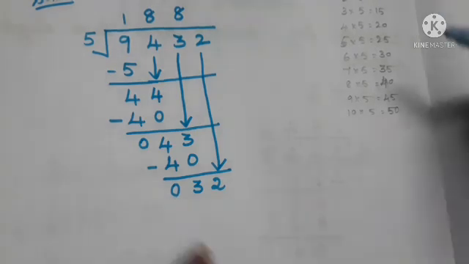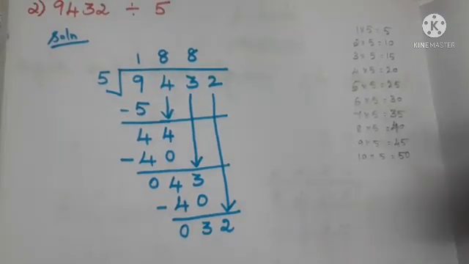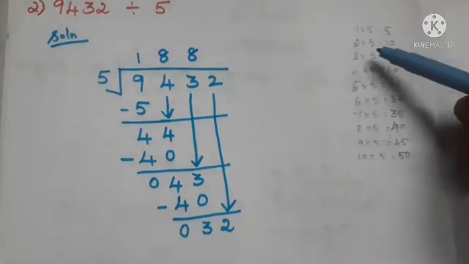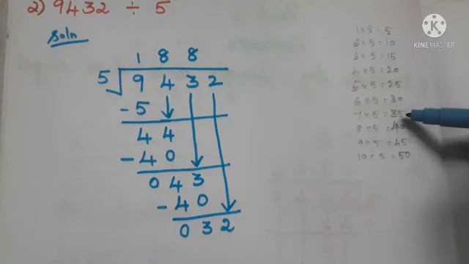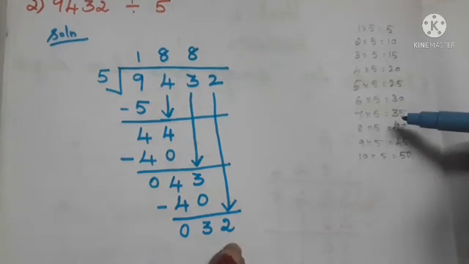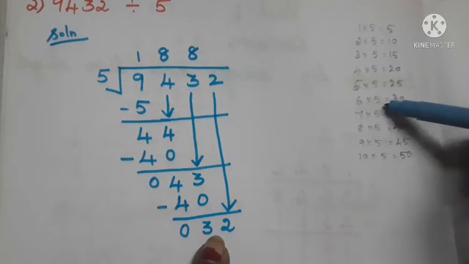Now we have to check it in the fifth table, is it we have 32 as the product of 5 or not. Okay ma, so 1 5 is 5, 2 5 is 10, 15, then 20, 25, 30, then 35 is there. So we have only 32, but we have 35 and 30. So we can't take 35, it is greater than 32, no, so we have to take the 30. That means 6 into 5, 6 5s are 30. Okay, 6 5s are 30.